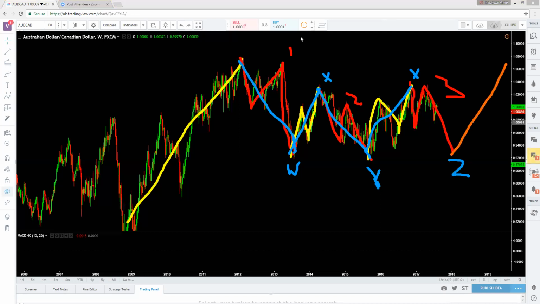So when this completes here, we will be expecting the impulse to continue. So we've got this impulse here, this whole correction here in between, and then we expect after the correction ends, it will go. We've got a W, X, Y, X, Z in the higher degree. So at the moment, we are still here. And the reason why I'm short is so that we can complete this trade to the downside. And this is a weekly chart. So from 1 up until around the 92, 94 area, that's about 400 to 600 pips that I'm shorting